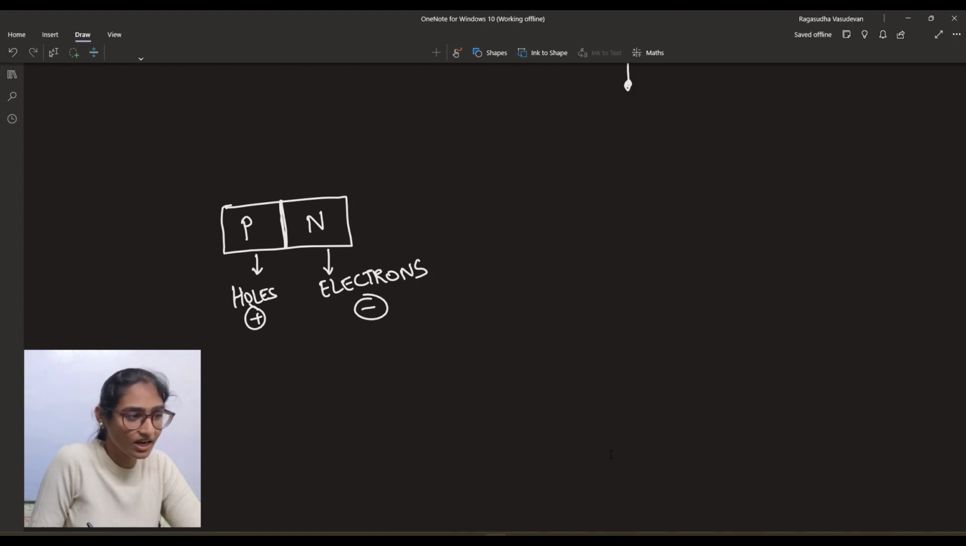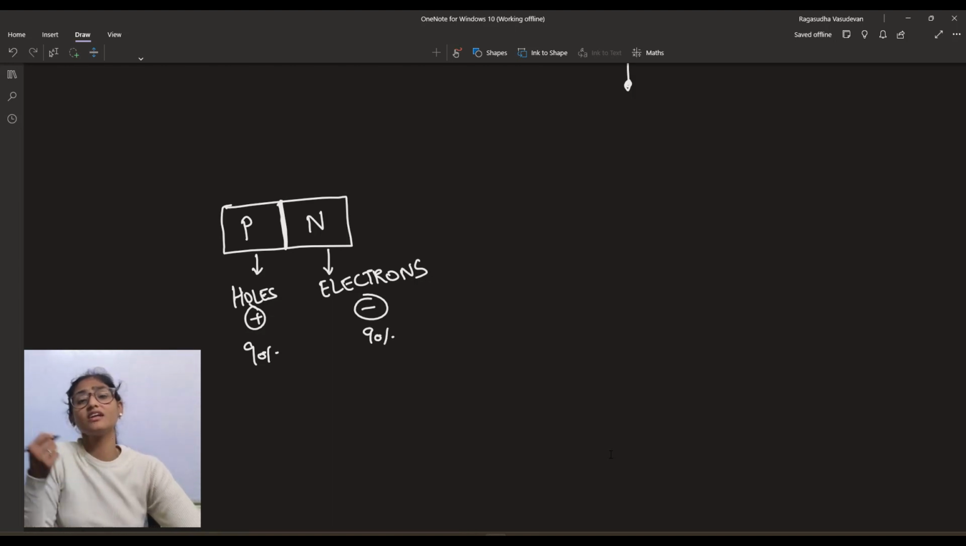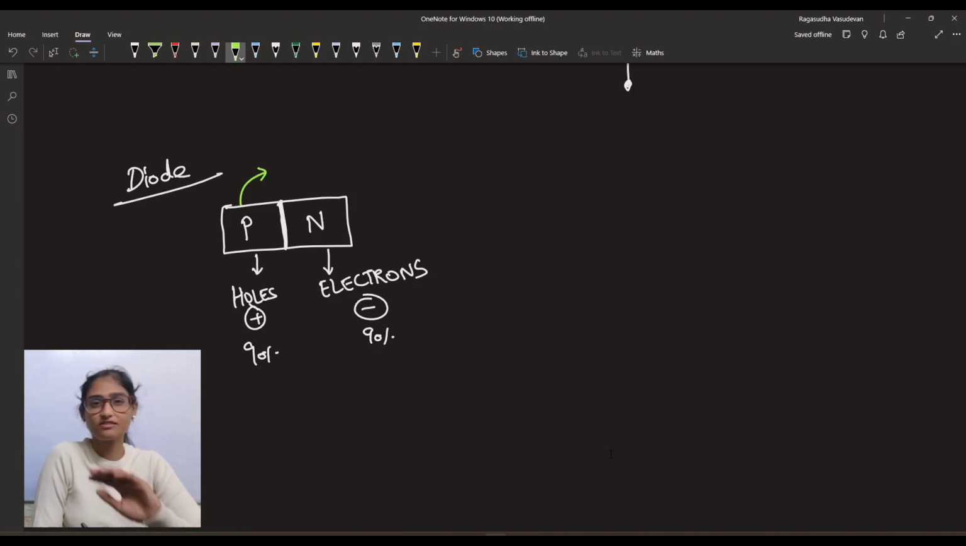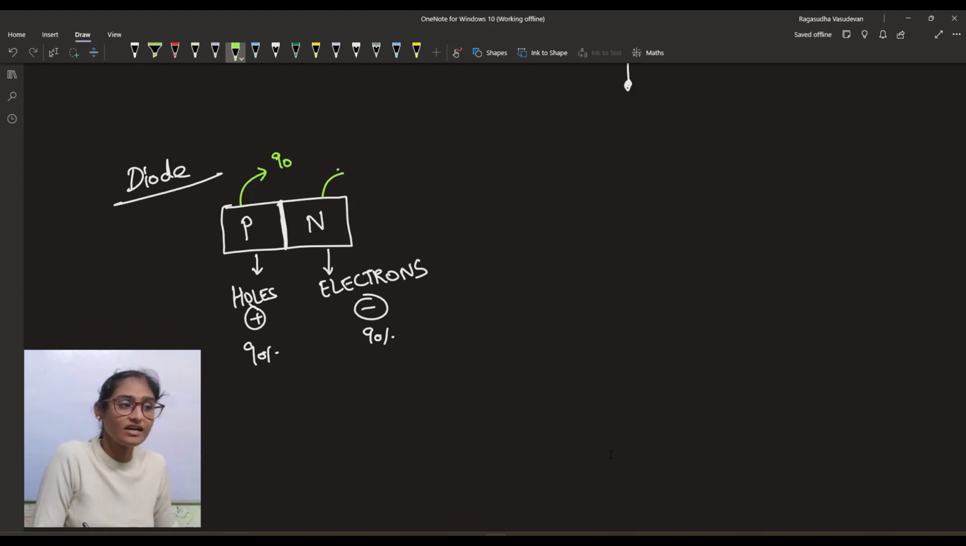the chances of hole-electron recombination are fairly the same, because there will be like 90% of holes in the P material and 90% of electrons in the N material, and the hole-electron recombination factor is going to be the same in a PN junction diode. Imagine this scenario. This is a diode. I'm just giving a very rough example. In the P material you have 90 holes and here you have 91 electrons. So both of them will have fairly the same quantity, and therefore the depletion region will be